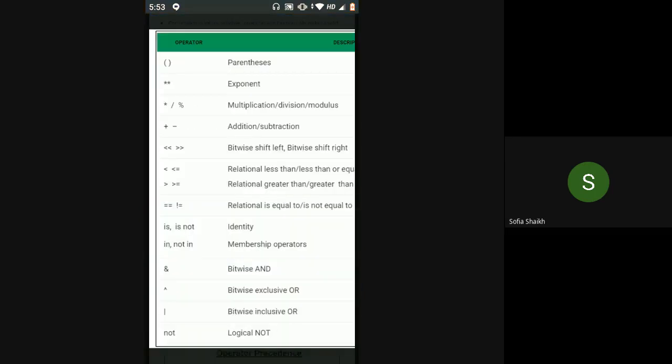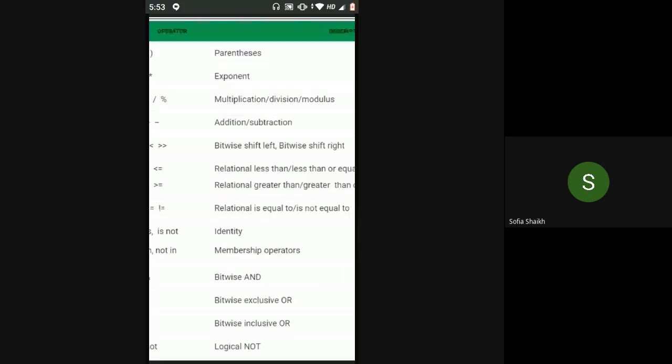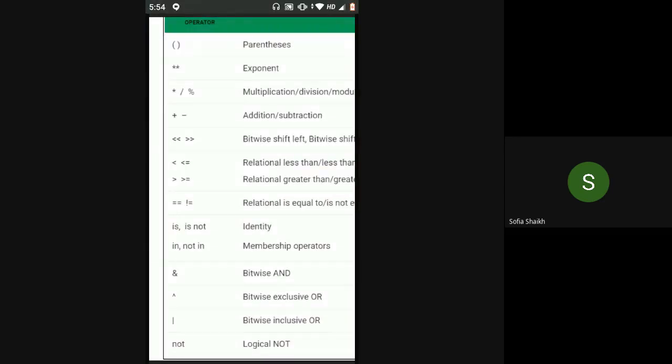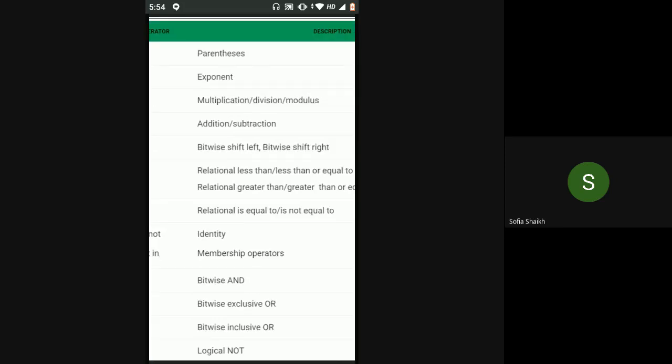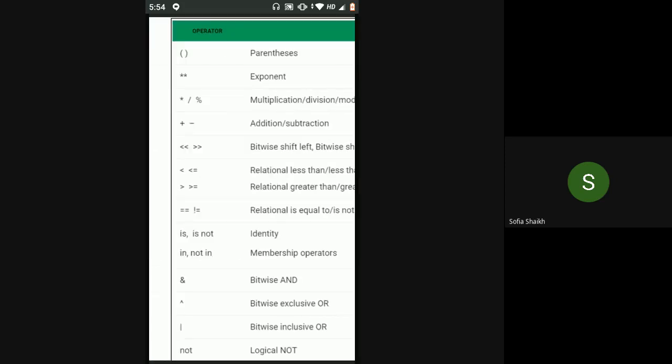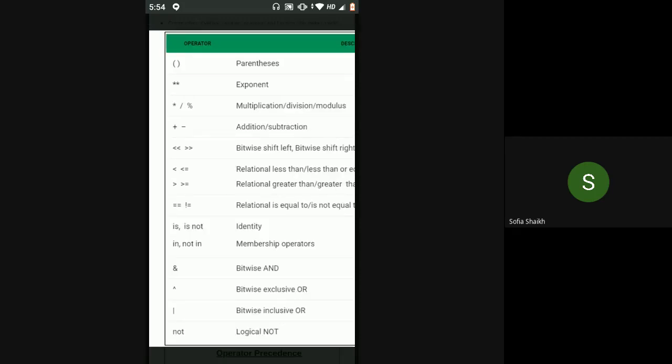So whenever you're using these operators, you can go through these tables. You will get them easily anywhere on the internet. And bitwise is not usually used in Python. You would have to go into a little bit more hardware detail to understand what bitwise means and what a bit is. Mostly we don't use it while writing basic software applications. It will be a little difficult to understand without any previous knowledge of computer science. That's why I've left it, because it's not that important while coding anyway.